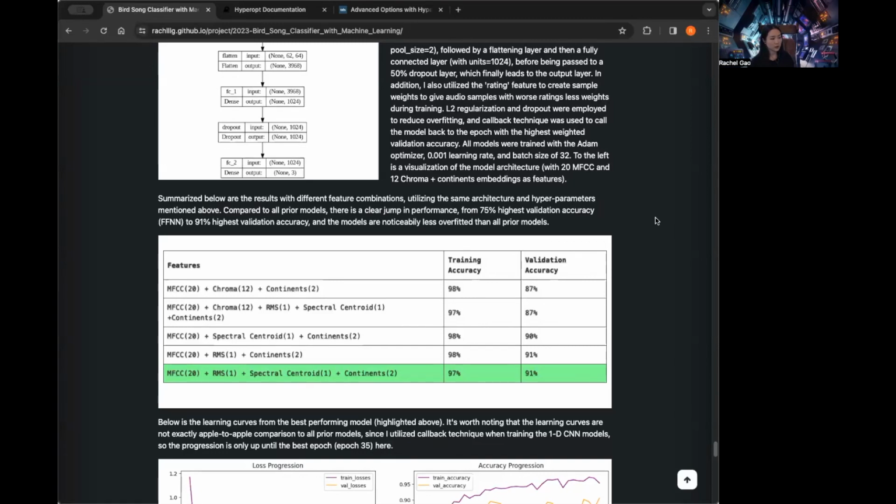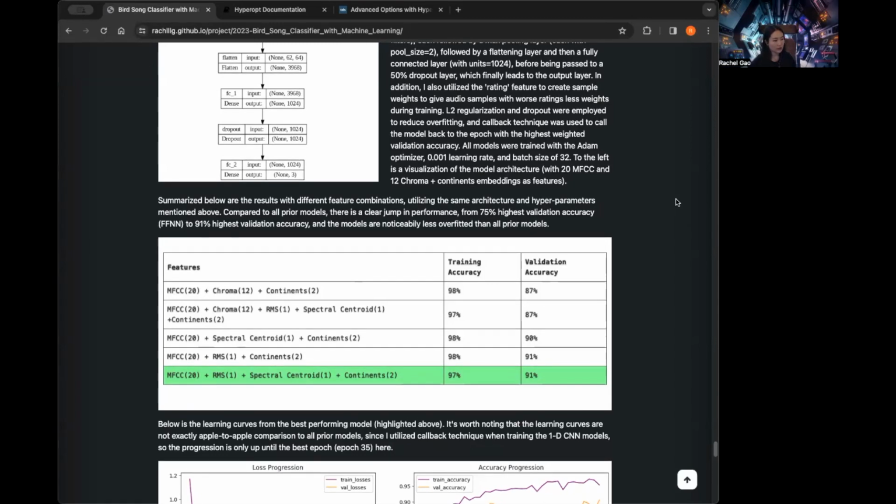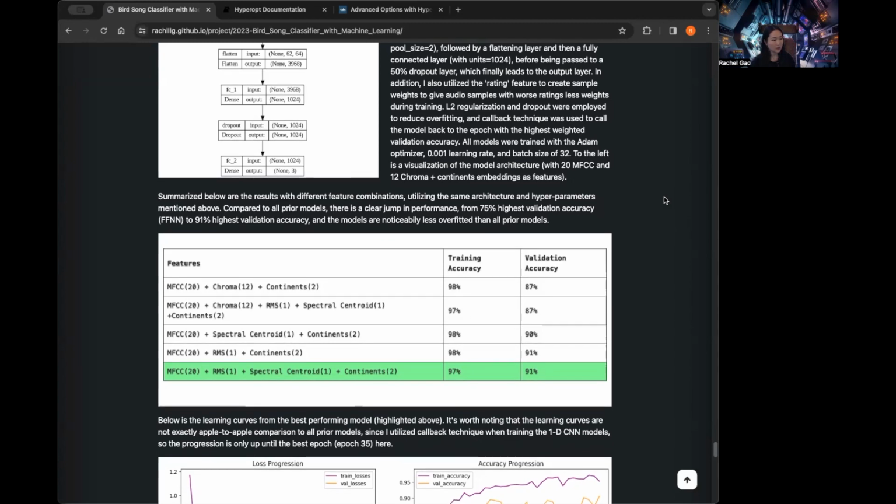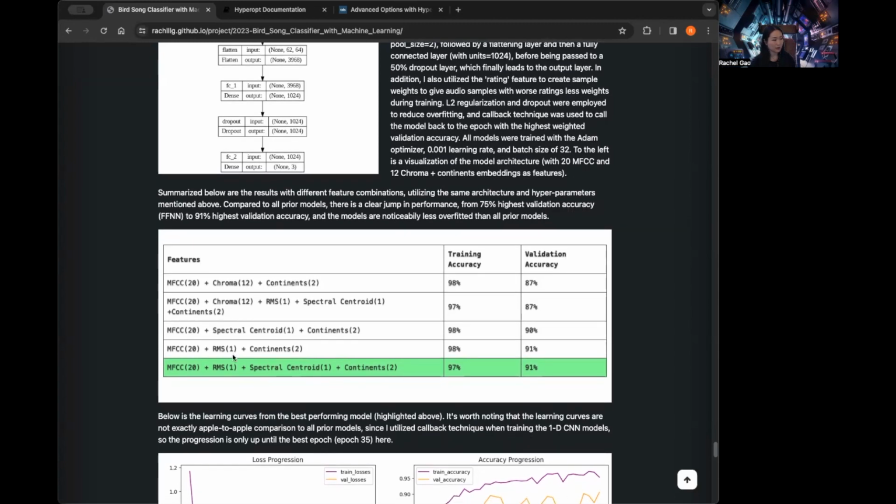So in our last video, we went over the 1D CNN architecture model for our Bird Song Classifier with the machine learning project I've been working on. And as a recap, our best performing model from 1D CNN was using MFCC plus RMS plus spectral centroid plus the continents embedding, where the output shape of the embeddings is 2. And with that, our training accuracy was 97% and validation accuracy was 91%, which was much better than any other